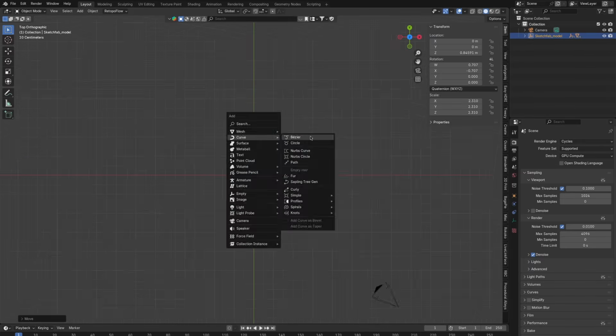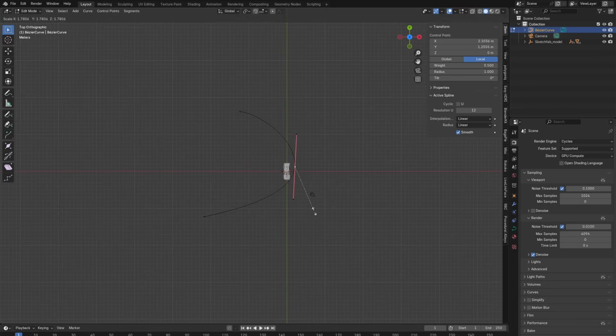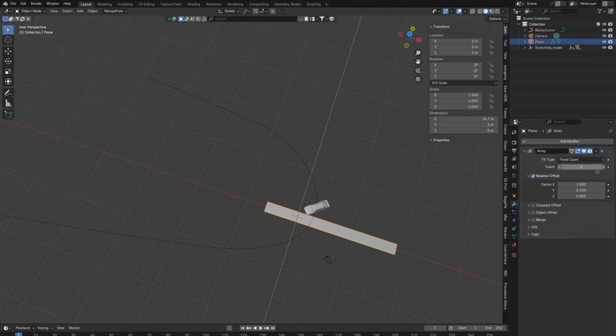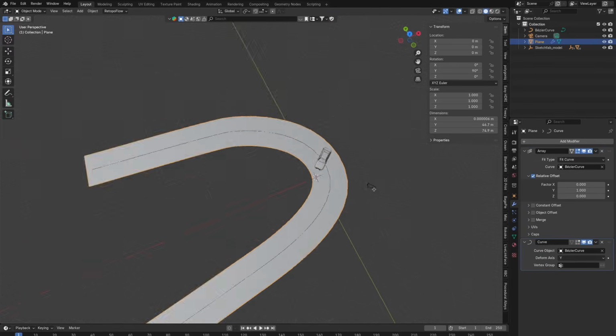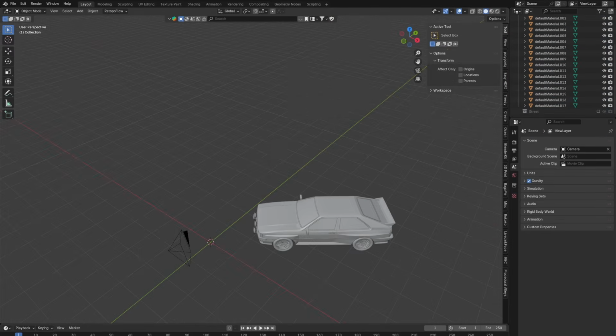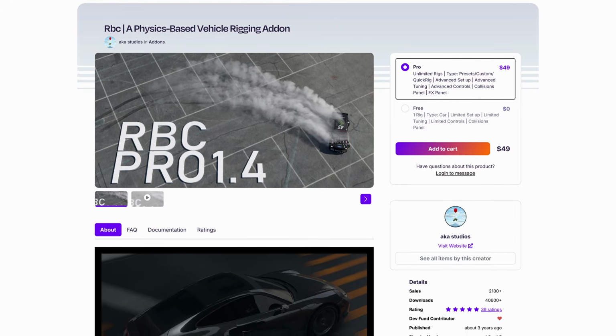I should make a render like that. So first I'll import a model of an Audi Quattro, you know, classic. Then making the shape of the road using a curve and making a plane to follow the shape of the curve. Then to animate the car, I at first tried rigging it with the RBC car add-on, but that proved